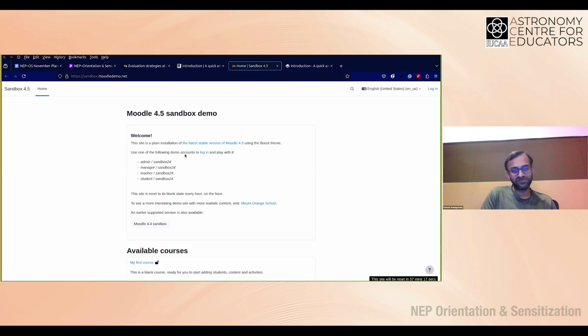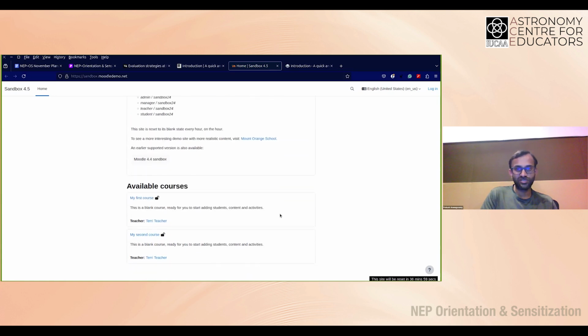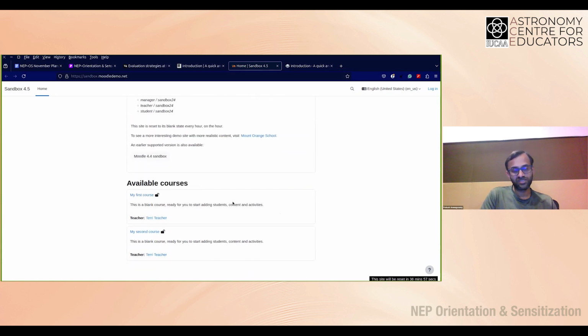So this is like a sample that they have created. You'll see that in the bottom right corner, there's a counter running, and it says that the whole site will reset in 37 minutes and it's counting down. The idea is it allows you to pretty much change all aspects of it as you would as an administrator,